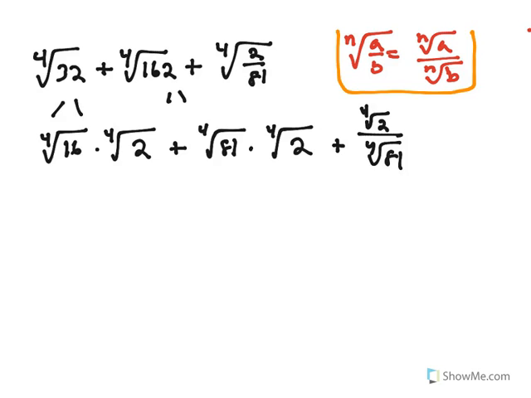The fourth root of 16 is going to be 2. Okay? It's going to be 2. Now we can't take the fourth root of 2 because that's just going to be a decimal. We don't want to do that. But we can take the fourth root of 81. So these are perfect fourth roots, right? So the fourth root of 81, okay,